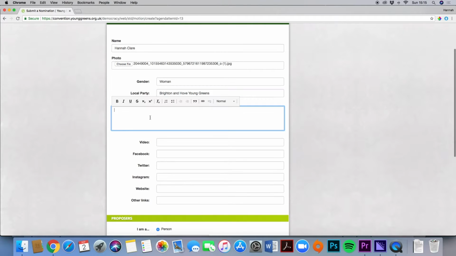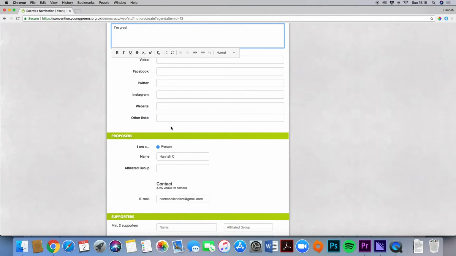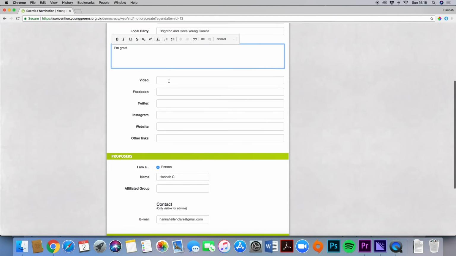Now it's giving me lots of options. So it's giving me options for a candidate statement. This isn't something you constitutionally have to provide, although we would encourage it. And that's the same for video and your social media links. So once I've submitted all of these things,